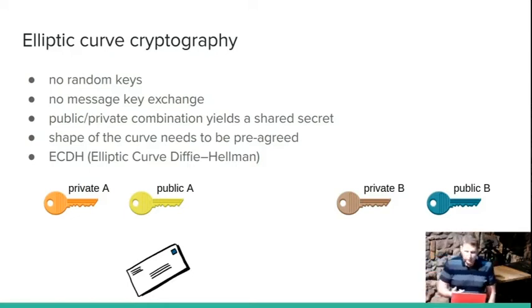So basically, if I combine the private key of A and the public key of B, I get some value. And if I combine the public key of A with the private key of B, I get the same value. And this same value can be used as an encryption key for symmetric cryptography. Basically, it represents this blue one that we showed earlier. So how does it work in here? Again,